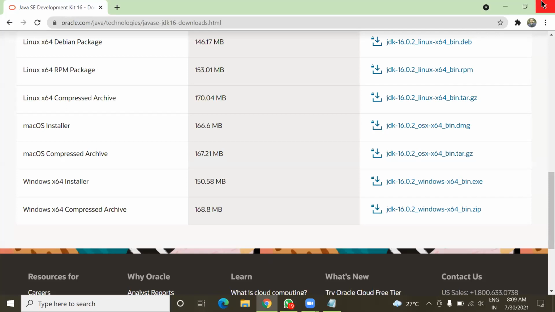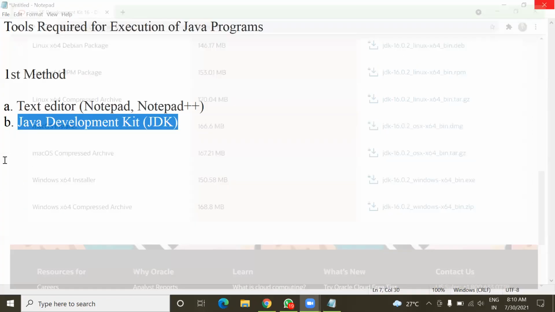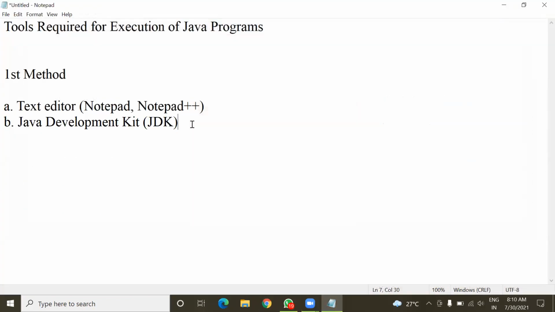no need to download. Okay, now come to the second method. The second method involves only one tool, and that is a Java IDE.